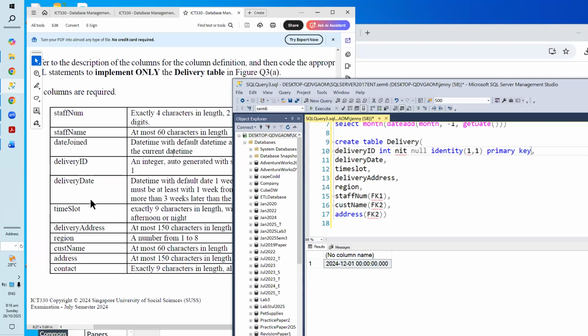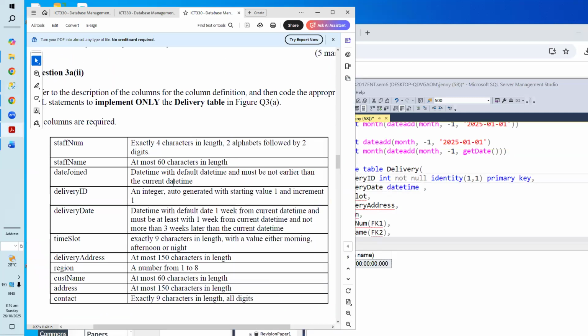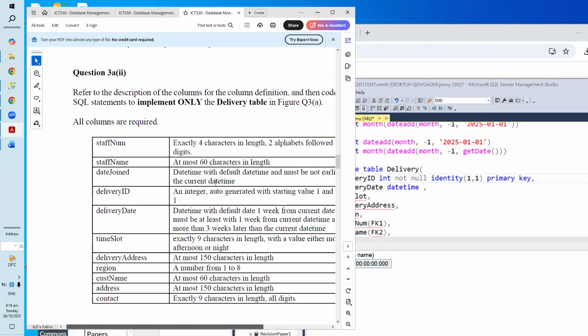Then for date, it's a datetime, so you have datetime NOT NULL. Check, here it says all columns are required,